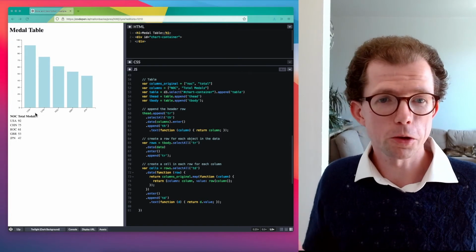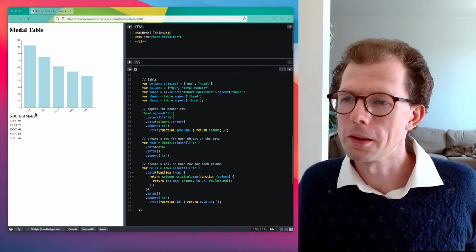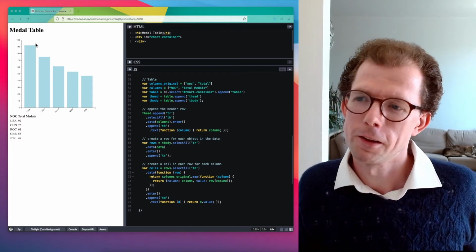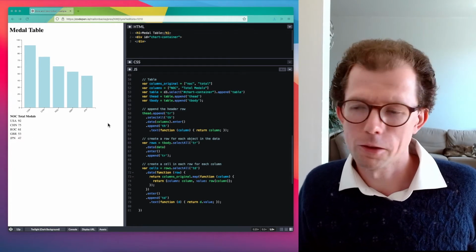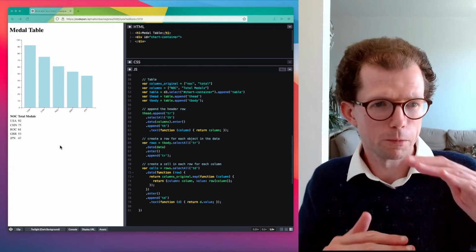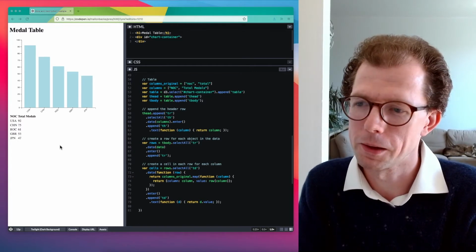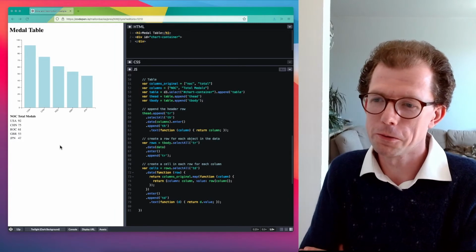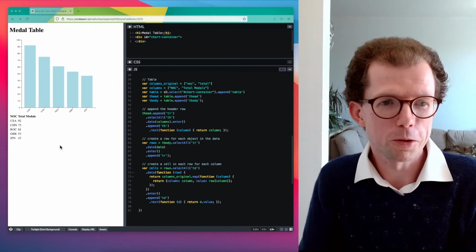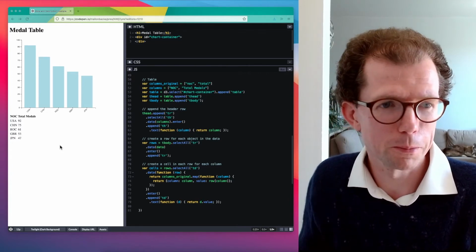Now it's up to you. Do you want this to be always visible? I've seen quite a lot of people go with tabs, so you'd have the chart in a tab and you can switch to the tab that's got the table in. Sometimes there's an accordion style fold out panel that appears with the table in. This is a design decision. It depends on how you feel, what else you use in other places, and if you can test it with real users, that's probably best.